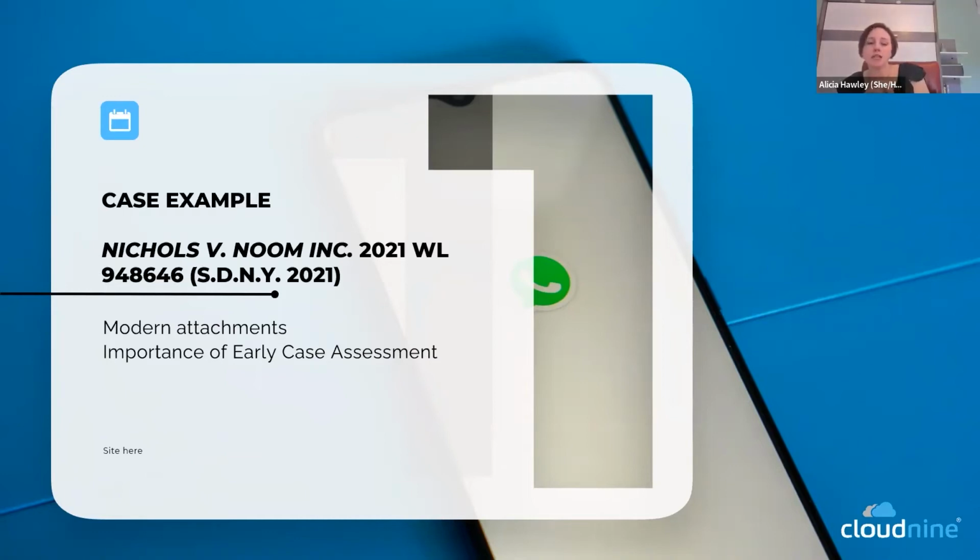And so ultimately, the one final note that the court made was that Noom had always been willing to point plaintiff to the location of attachments in a production if there were specific questions that came up. So if the plaintiff was looking at an email and there's a hyperlink to some document and it seemed like that document was really important, then they could ask Noom, and Noom, the defendants, would tell them where that document was in the production. Now, I think that's highly inefficient.